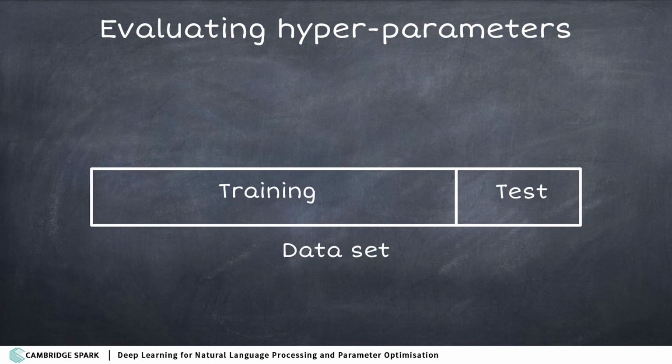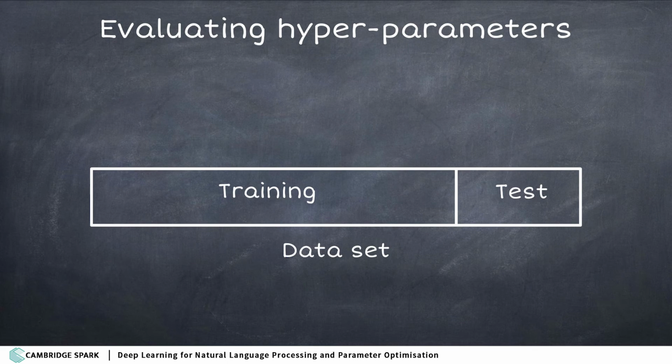So the first thing I'm going to talk about is how should you evaluate your hyperparameters? How should you decide whether 500 layers is good or 50 layers is good? So usually when you evaluate just any machine learning algorithm, you have a training set and a test set. And now the issue is that often the error you report is: you train your neural network using all of your data in the training set, and then you look at the test set and you go like, well, tell me what you think is the right answer. You compare it with the true right answer, and that gives you a prediction score.